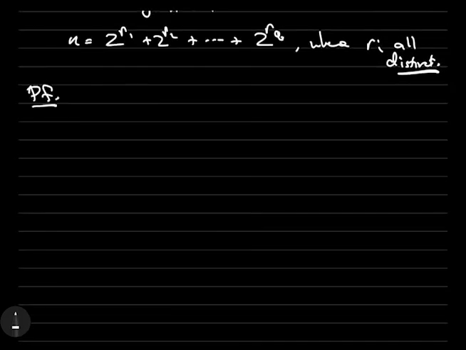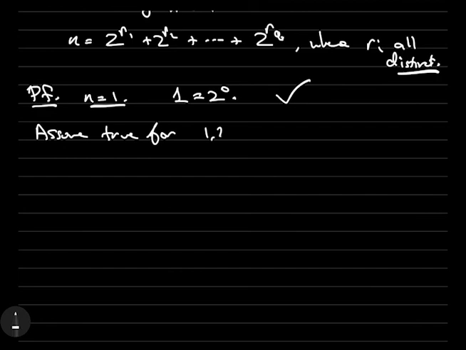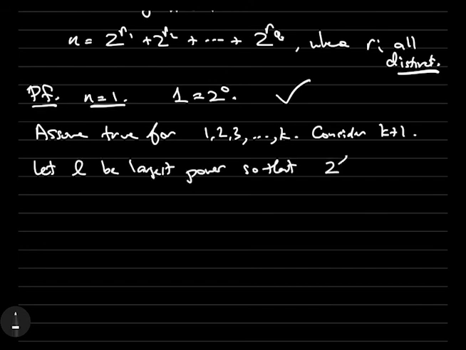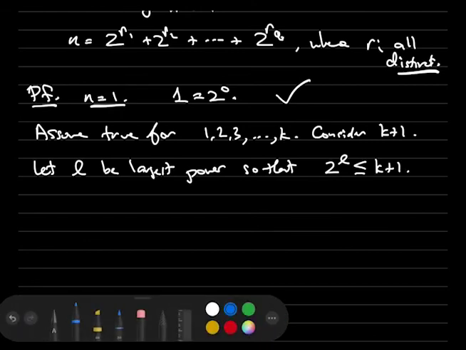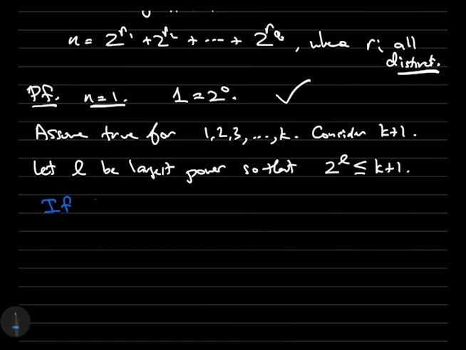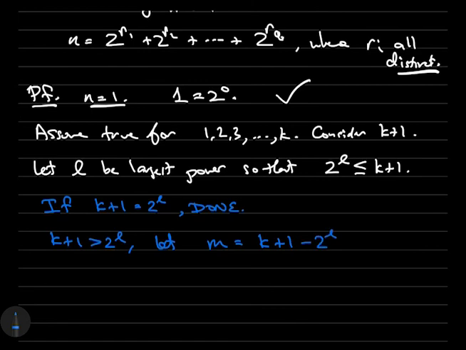First, we check on the base case n equals 1. Well, 1 equals 2^0, and so we're done. Now fix k, and assume that the conclusion holds for all natural numbers up to and including k. Now consider the integer k plus 1. Let L be the largest integer so that 2^L is less than or equal to k plus 1. If k plus 1 equals 2^L exactly, then we are done. So let's assume that k plus 1 is greater than 2^L. Now define m equals k plus 1 minus 2^L,